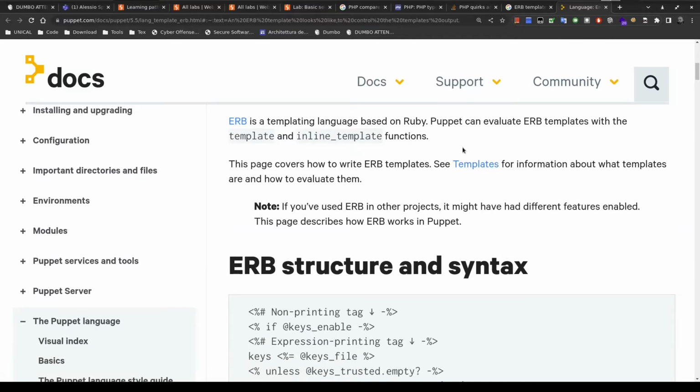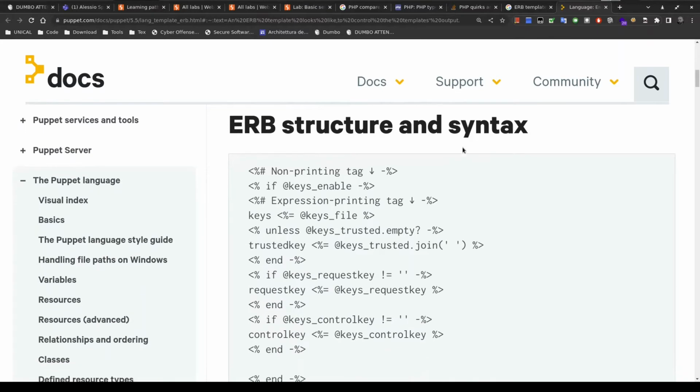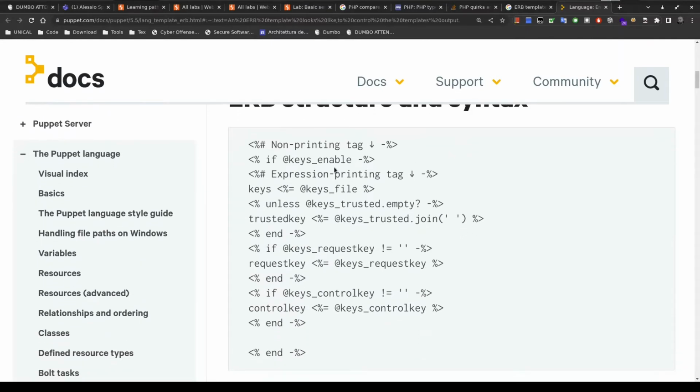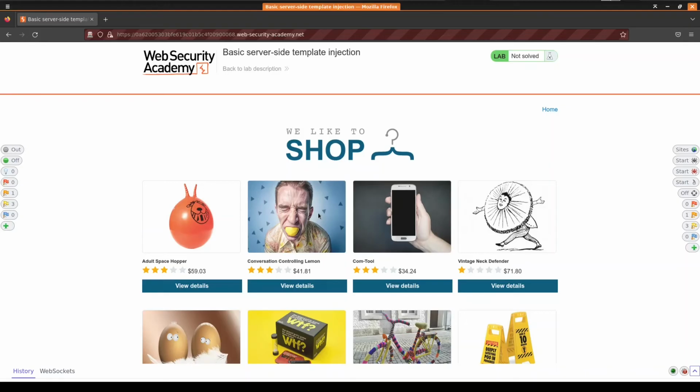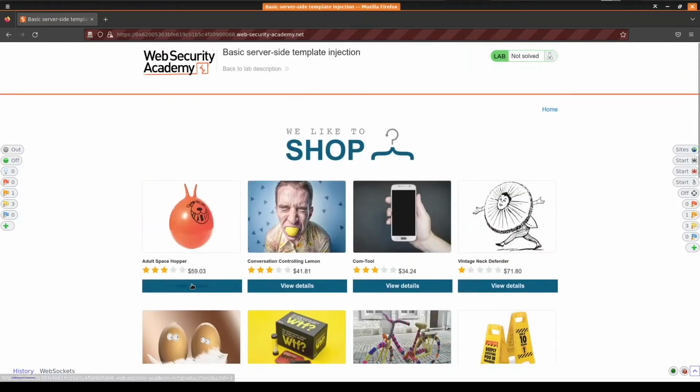It's a template language based on Ruby. Let's get an idea. Okay, so they have something to evaluate expressions, so this will just reflect this content in the page. Let's try to understand where they can use this template, because we don't have an account. So let's find a place where we can write. Maybe there is a comment